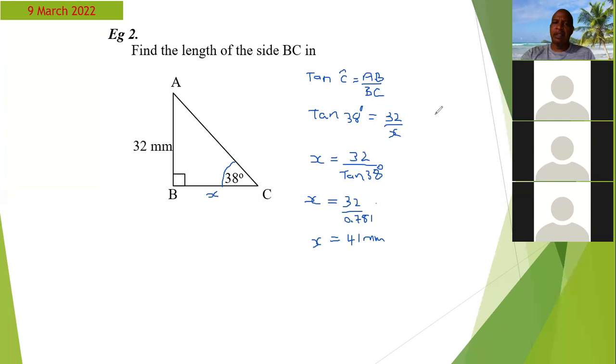Okay. All right, so let me just walk you through this quickly. We're now working with the tangent ratio, all right? Can you recall what the tan ratio states, Miss Green? Opposite over adjacent. Okay, good. So we're given the angle C, which is 38. We are asked to find the side BC, which we label X, and we are given the side AB. So when we look at these two sides, the relation they have with the angle at C, we see that the side AB would be the side opposite to the angle C. Do you agree with me on that, Miss Green? Yes, sir. And then the side BC